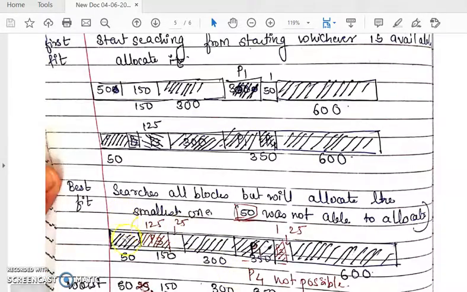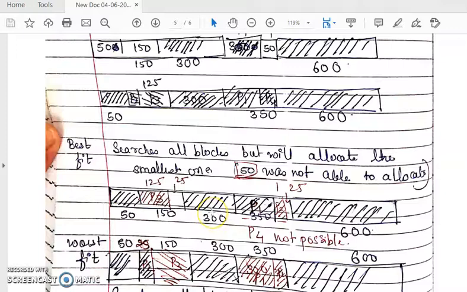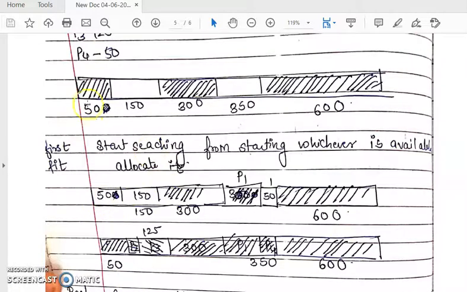Now coming to the best fit policy. Best fit says that it searches all the blocks but will allocate the smallest one. Again, we take the initial condition. It will search all the blocks, scanning all of them, and it is going to allocate the smallest one out of all the blocks which is enough